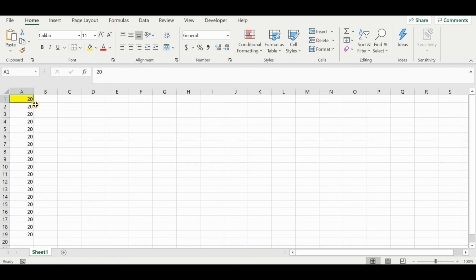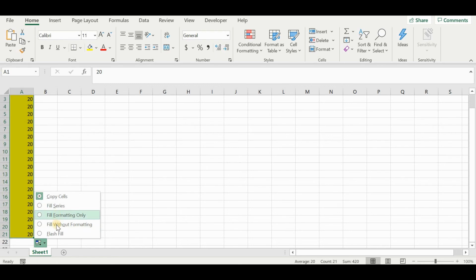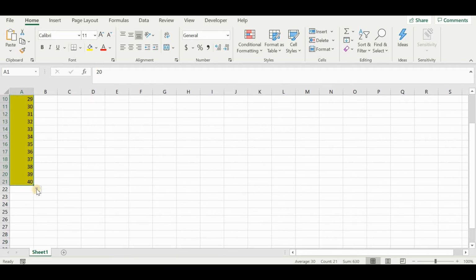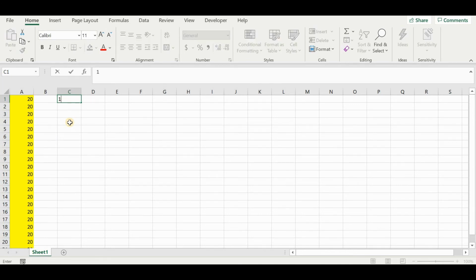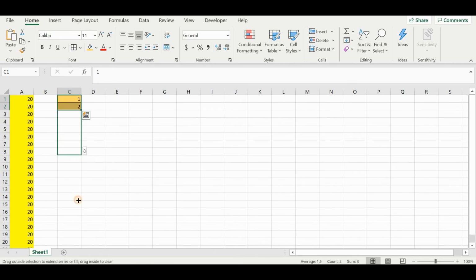If I fill this with this, and then I drag it like this, suppose till here, if you see here, by default it has copied the format also. So if I choose fill without formatting, then it would be like this. Fill with formatting, it would be like this. Fill series, it will start incrementing till that number, and copy cells would simply copy. Now let me come here and let me type say 1 and let me type 2, and I will give some other color here. Let me take this color with some border also. Okay, now let me just drag it.